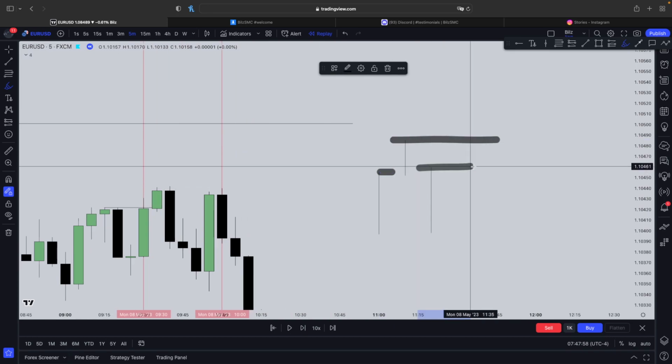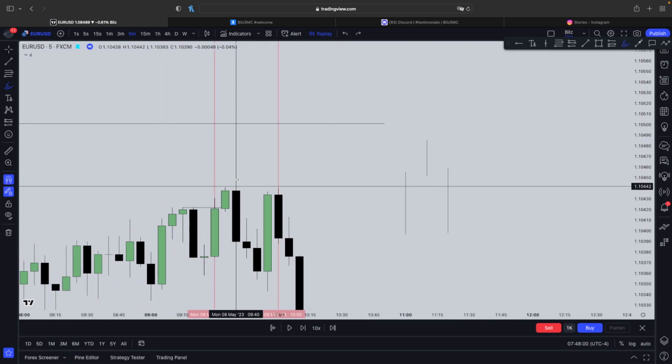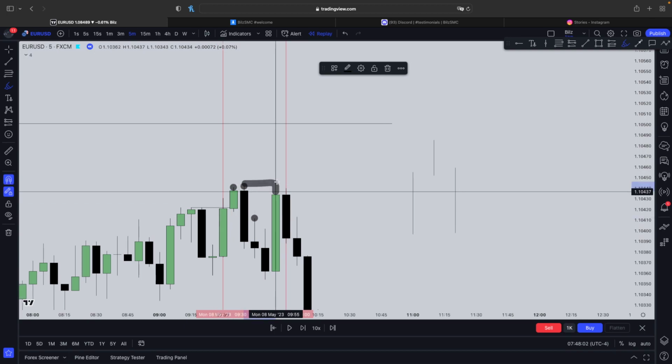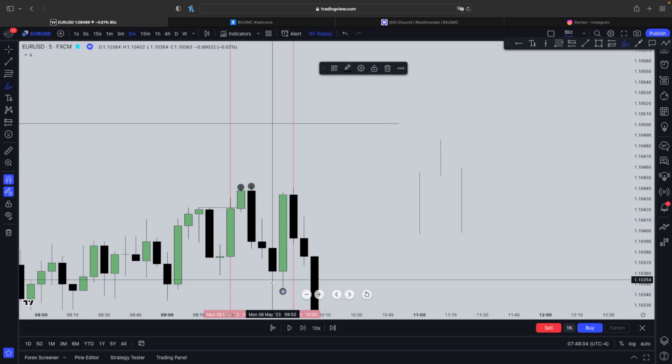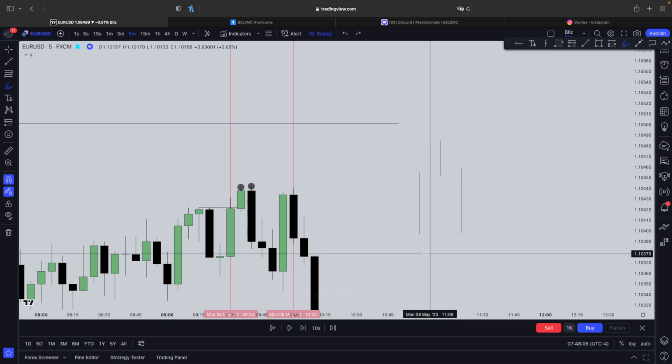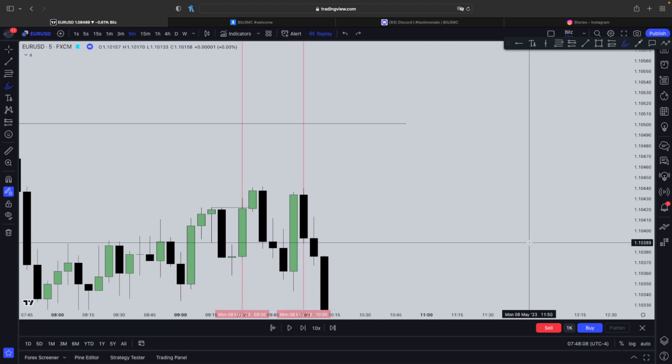The candle before it and after it doesn't go above that high. So for example, this is a high right here. Why? It's because the candle before it and after it didn't go above this high. This is a low. Why? Because the candle before it and after it didn't go below this low. That's literally what a high and low is for the silver bullet strategy, and we're going to use these as